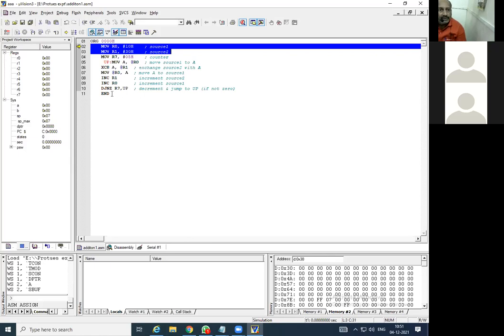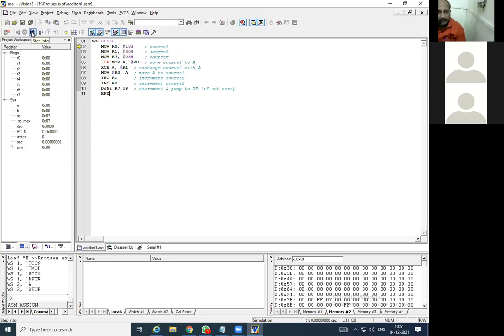So after that, step by step, we will run the program and see what is going to happen. So as earlier, for location 10, I will edit the data.